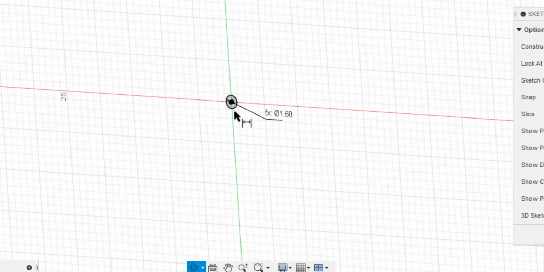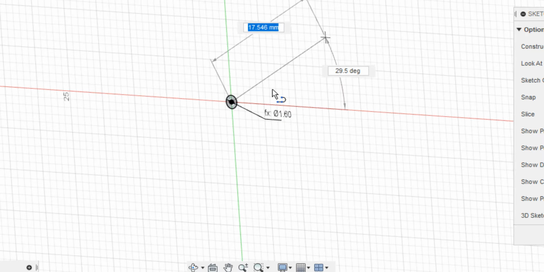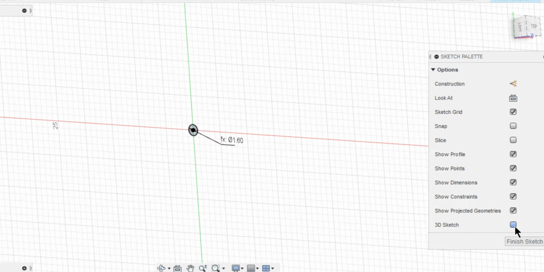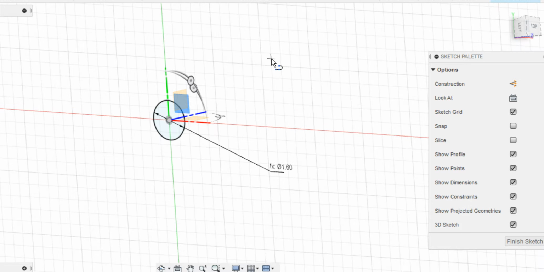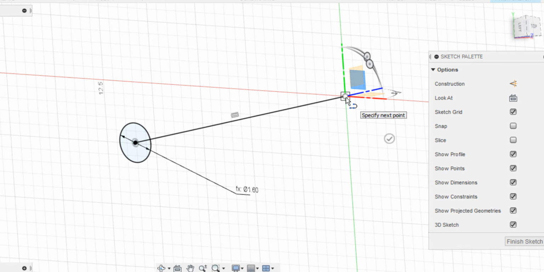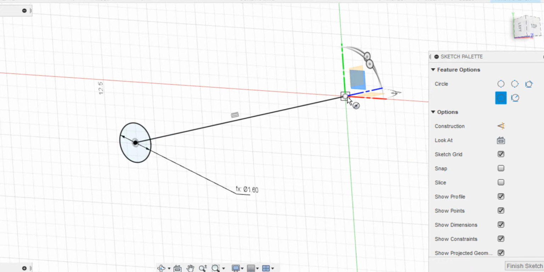Press L on the keyboard. I want to draw a circle on the same plane but at a certain distance. For that I can offset the plane, which consumes a lot of time. There's a thing you can do. Enable 3D sketch. You can observe all the setup for 3D sketch was here. Now select the origin as the center, as one endpoint of the line. Hover over the Z-axis so that you will be snapped roughly. Position it and draw a circle on the line that was created.